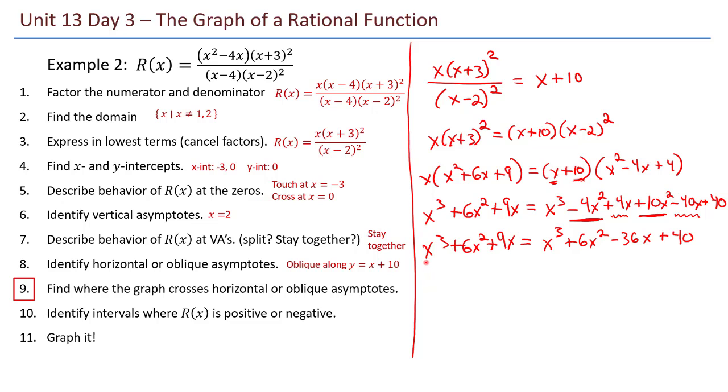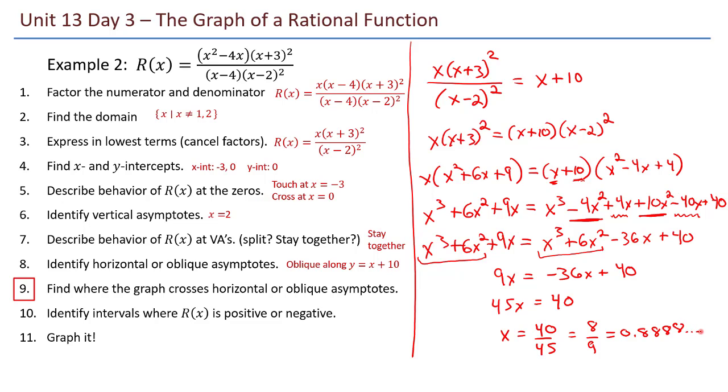But now look at this. I have x cubed plus 6x squared on the left, x cubed plus 6x squared on the right. I can subtract that from both sides. Add 36x to both sides. Divide both sides by 45. And 40 over 45 is the same as 8/9, which is really